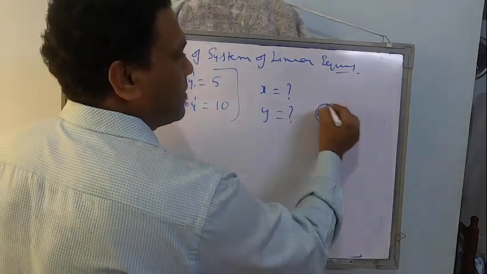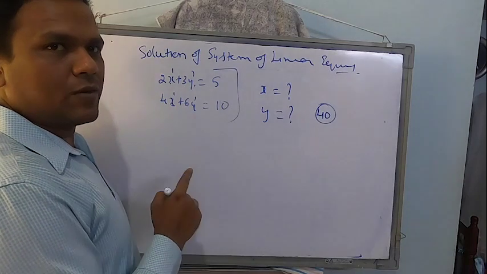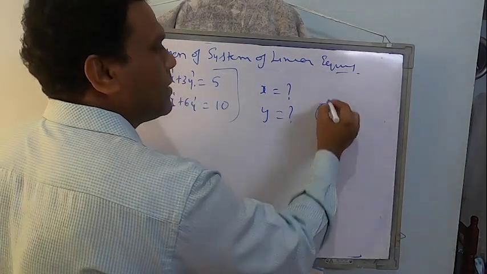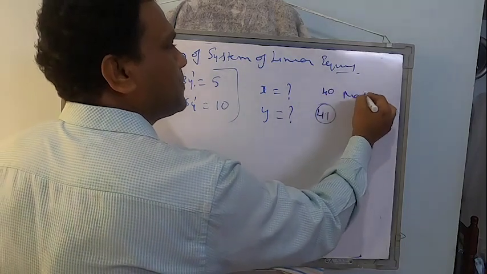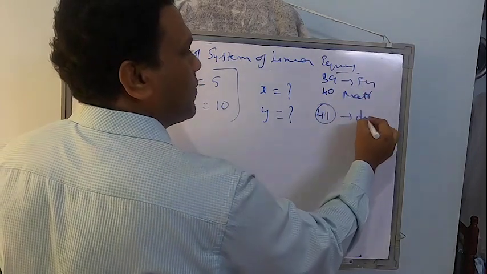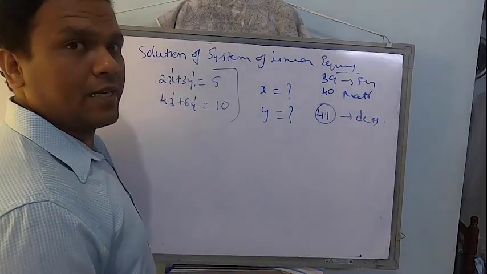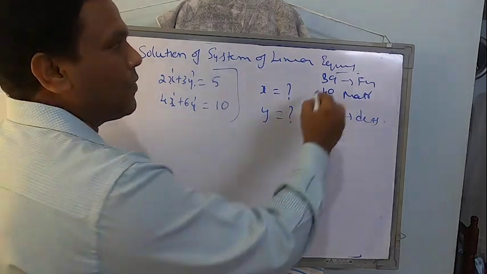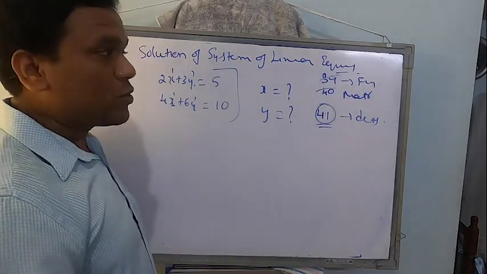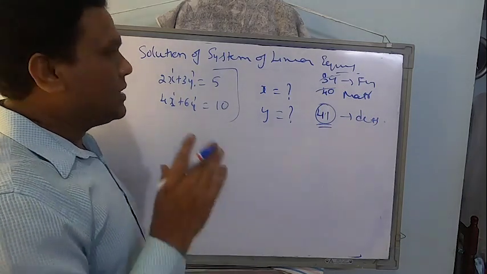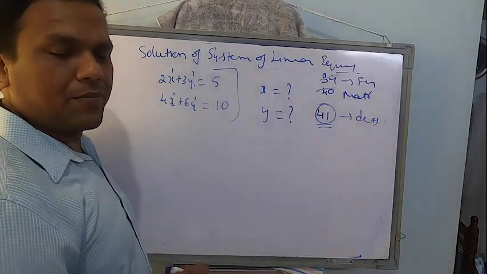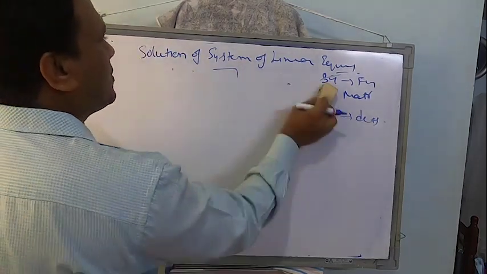Question number 40 is fixed for this one. Okay, students? Not 40, 41. Question 40 will be from matrix, and 39 is from functions, and this will be from determinants for 5 marks. Each one is for 5 marks. Remember, we have done already these two. Now this is what we are going to learn today. It's question number 41. They will give you a system of linear equations of such kind, then solve it for x and y. Let me just tell you the method of solving.